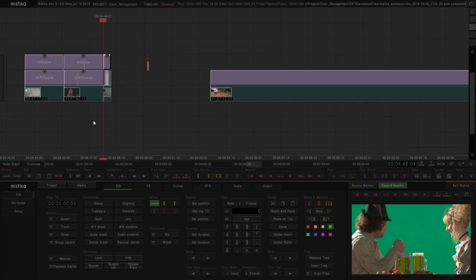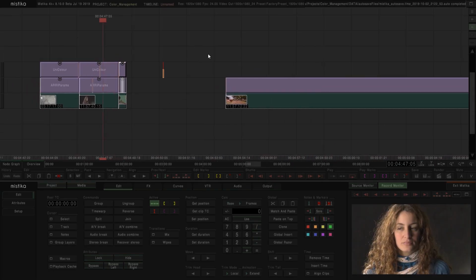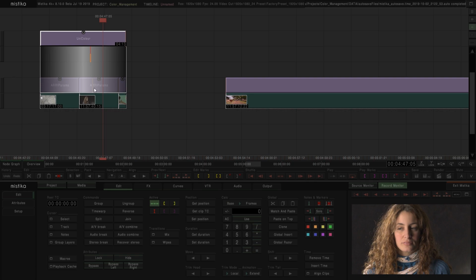So this is a very quick way to propagate the color settings to the rest of my shots or to my timeline. Another way to do it is using another macro. Basically, if we take the unicolor in here and extend it, this will take all my shots. Now, for navigation reasons, I always recommend to split